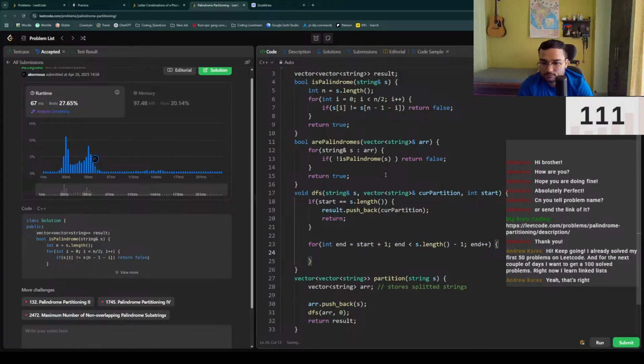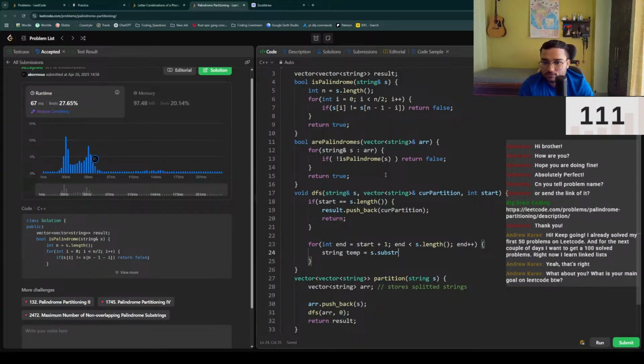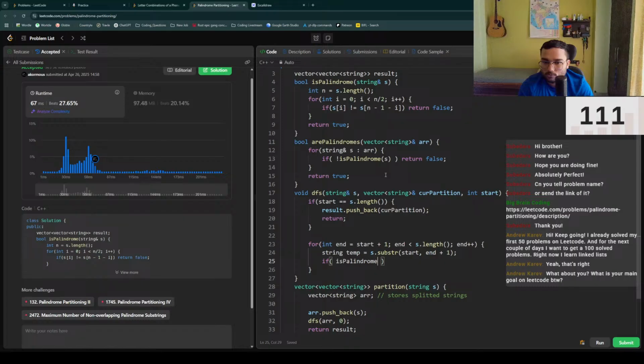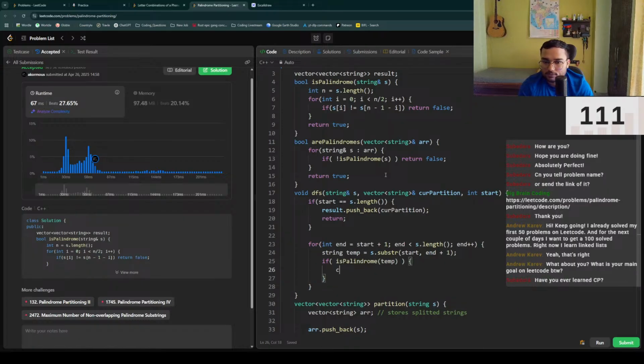Right. String temp equals s.substring starting from start till end plus 1. If isPalindrome temp, then current partition dot